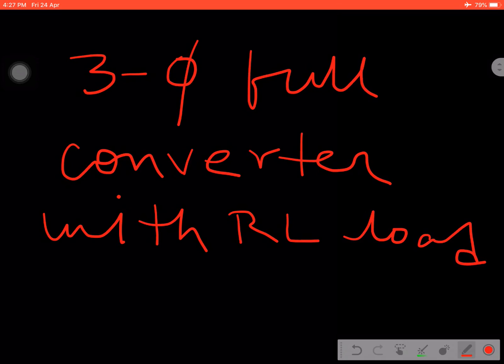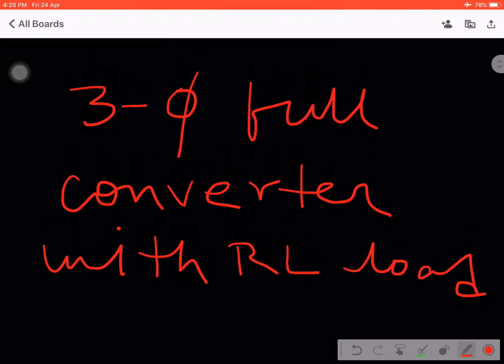What is the benefit of using a three-phase full converter rather than a three-phase half converter? In case of a three-phase half converter, we know the output ripple frequency is 3 Fs, but in this case the output ripple frequency will be 6 Fs. That is why the output voltage and current will be more DC with respect to the three-phase half converter. So before going into this topic,